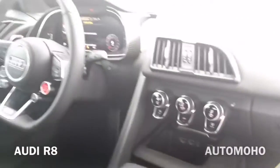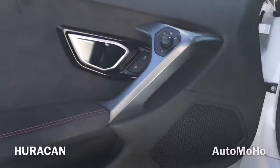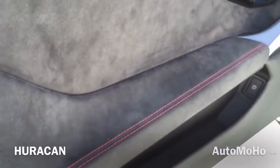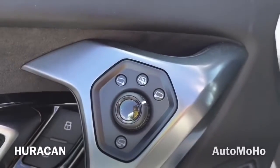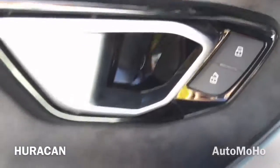Now let's jump into the front passenger seat and see how it is in front. Like I mentioned earlier, it is very spacious. I have plenty of leg room, and it is very comfortable in the front passenger seat as well. And here's the driver's side door panel. It is all black with Alcantara insert in the middle and red contrast stitching. There you have the side view mirror control, and it does feature a fold option, door lock and unlock. There's the storage compartment,